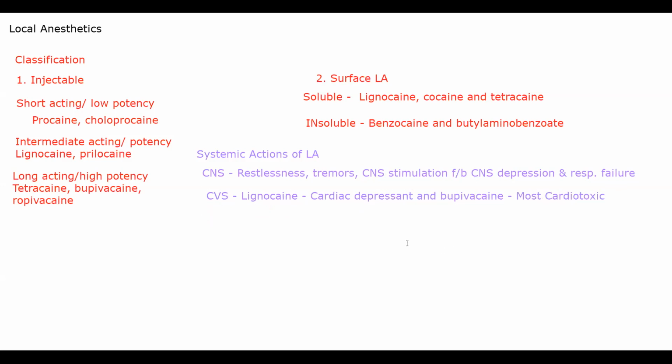On smooth muscles, it will relax smooth muscle. It can relax your intestinal smooth muscle, your vascular smooth muscle, and your bronchial smooth muscle. All of them will get relaxed. Okay, these drugs are relatively rapidly absorbed through your mucous membrane, and especially if there is an abraded or eroded surface, in the sense that if skin is damaged because of whatever reason. Okay, it might not be bleeding, but it can be damaged. If there is skin damage, basically worn off or eroded skin, the drug can get absorbed very easily and very quickly.